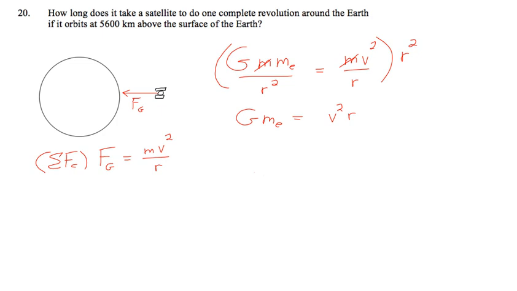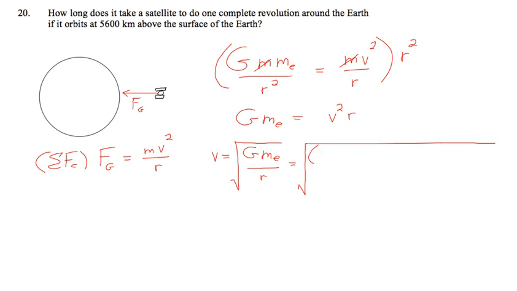And we want to solve for v, so I'm going to simply move the r over and take the square root. So v is going to equal the square root of GME divided by r. And I should get my units as meters per second when I plug in all my numbers. So that's going to equal